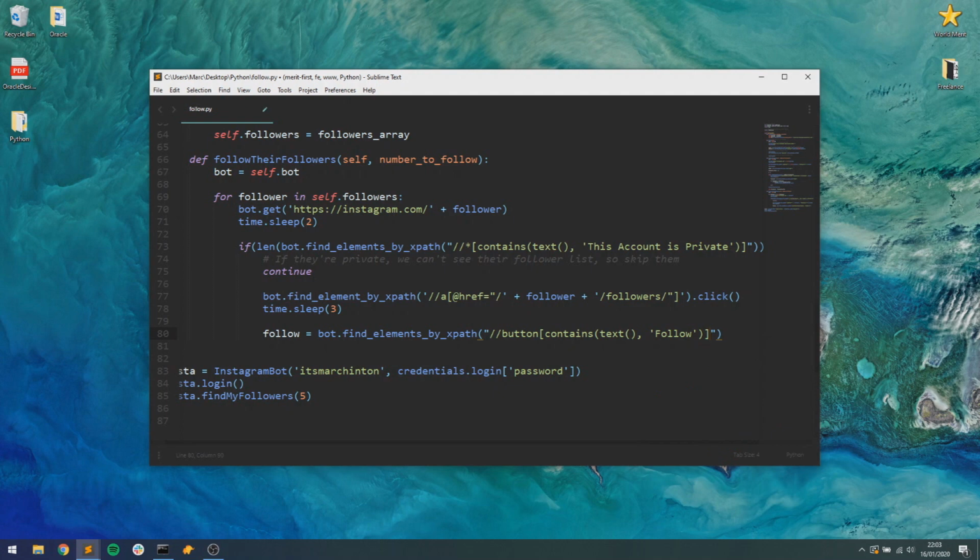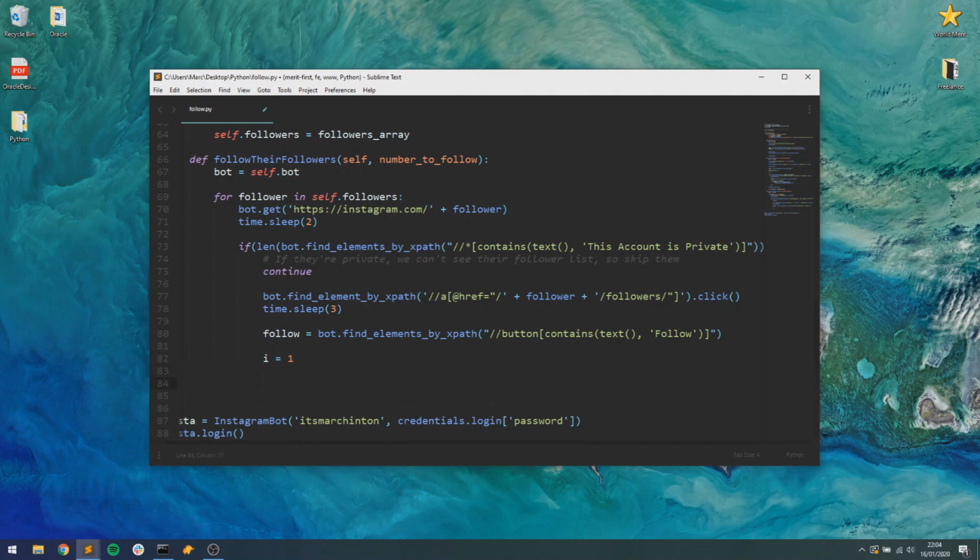Pretty straightforward. We're looking for every button that says follow, and now I'm going to set another incremental counter to I = 1, and now we're going to loop through the followers. So for follower in follow, so for each follow button we find, we want to click the follow button, but Instagram has one